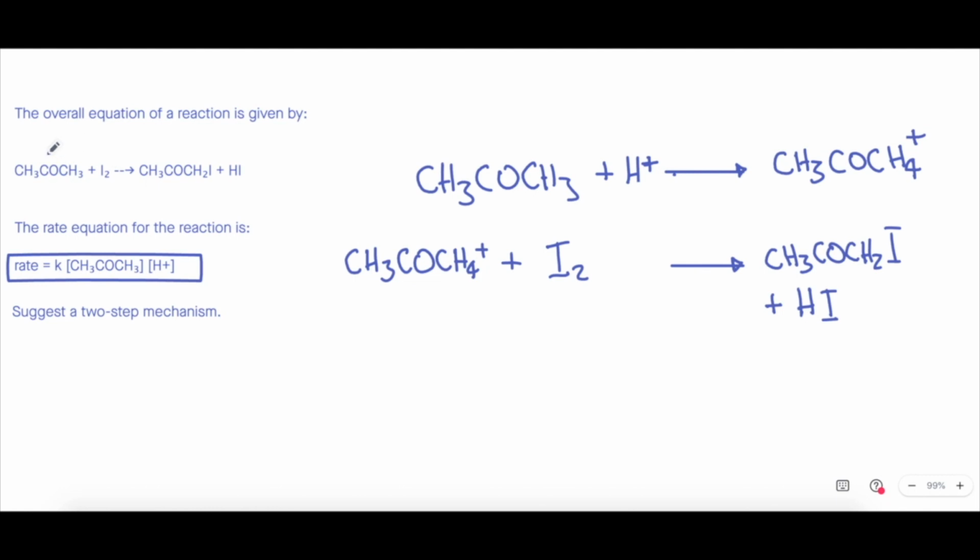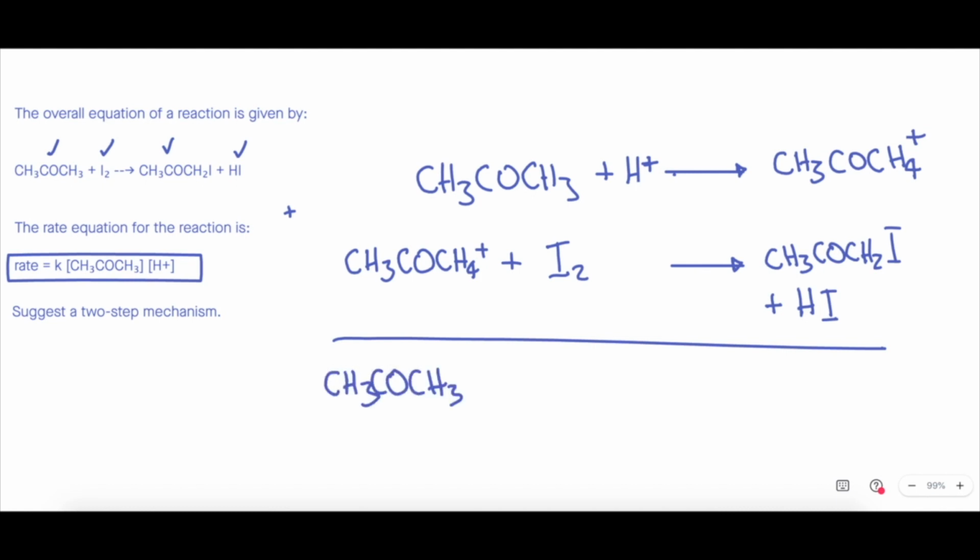So now we've put in 1, 2, 3, and 4. And when you add both of these reactions, you should get that overall equation. So if we think about it, you have CH3CO, CH3 plus H plus. You don't want this in your overall reaction. They need to cancel out, which they do because you have this in the product side, you have this on the reactant side. So they cancel out. The I2 is also on the left-hand side. And then on the product side, we have CH3CO, CH2I